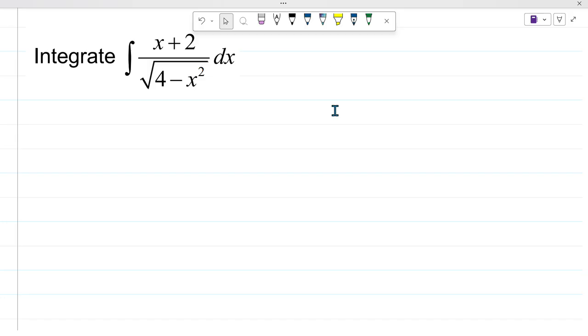Sometimes you will need to split the numerator terms and make each and every numerator term have its own denominator, so that you can make use of the inverse formulas and then integrate. Just like the question I'm about to do here: we are given the integral of x plus 2 divided by the square root of 4 minus x squared dx, and we should integrate that. To do this, there is nothing we can do if we don't